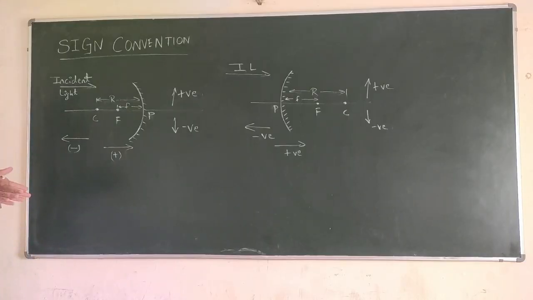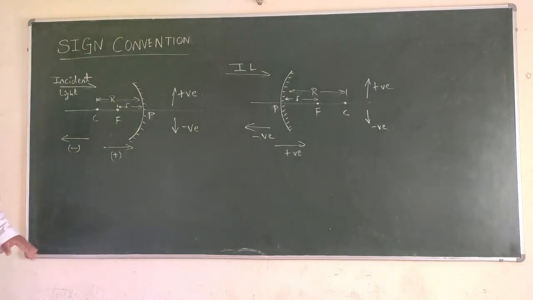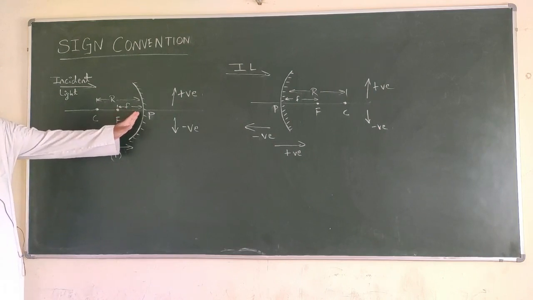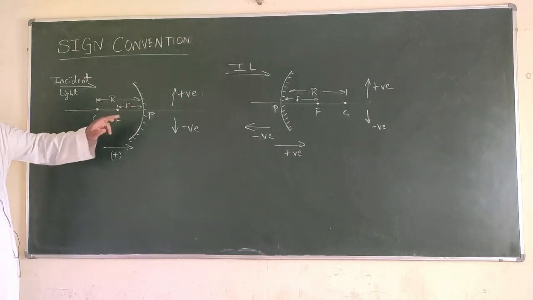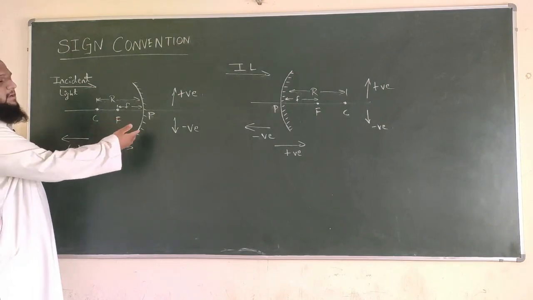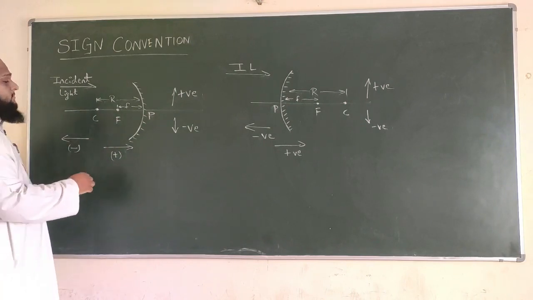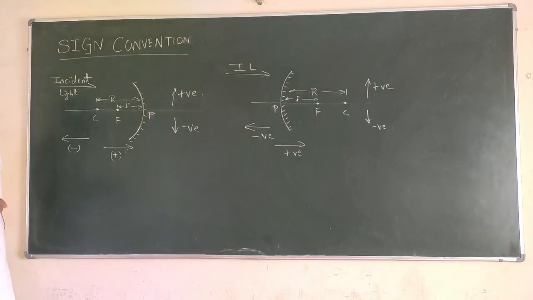Alright everyone, let us move on to the next topic, which is called sign convention. In the previous classes we have learned what concave and convex mirrors are. Now come to the first one. Which one is this? This is concave. In this concave mirror, I've already told you, concave, converge, convex, diverge. Coming to concave, let us find out what sign convention is usually used for mirrors.